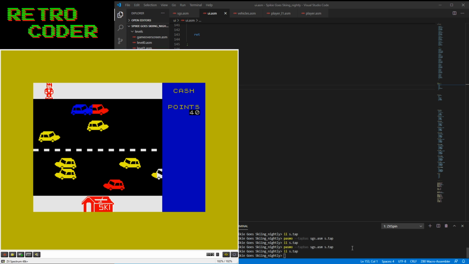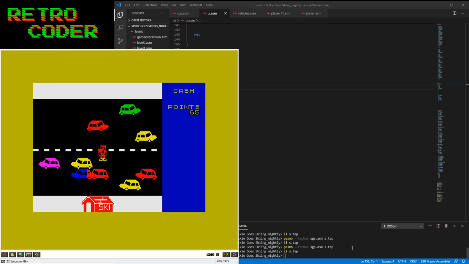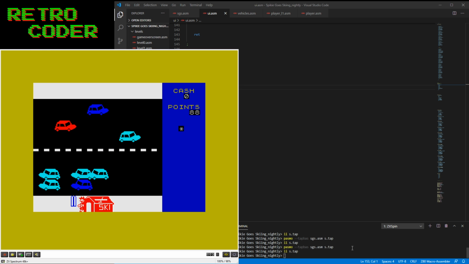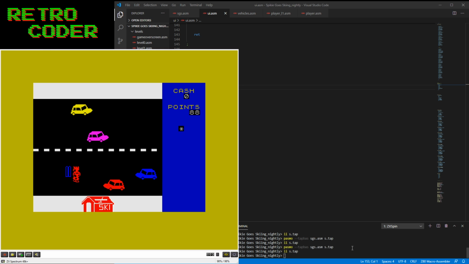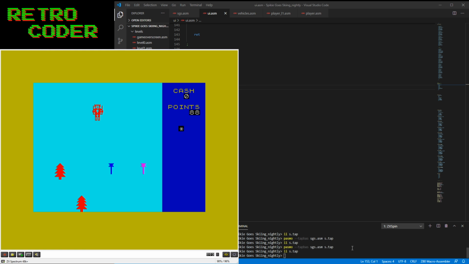Oh, I forgot about the collision. It's maybe slightly too easy, but I think we can tweak it with some brain power. You got me. Oh, that's another bug. So when you die,